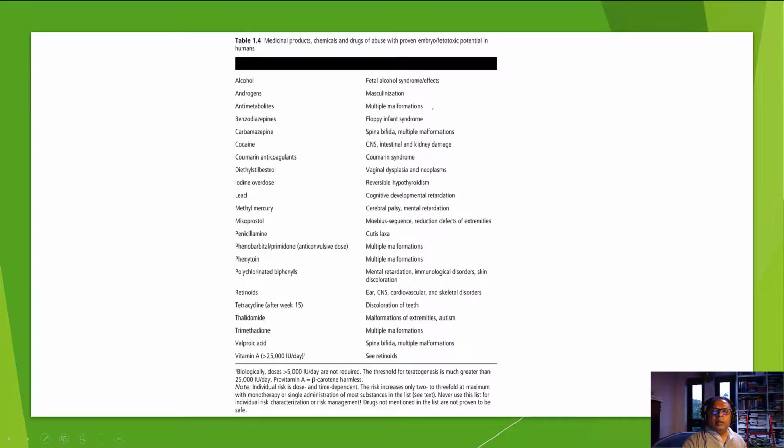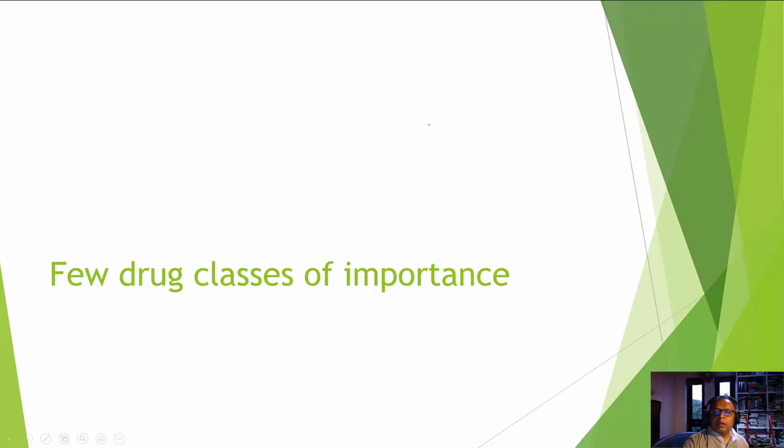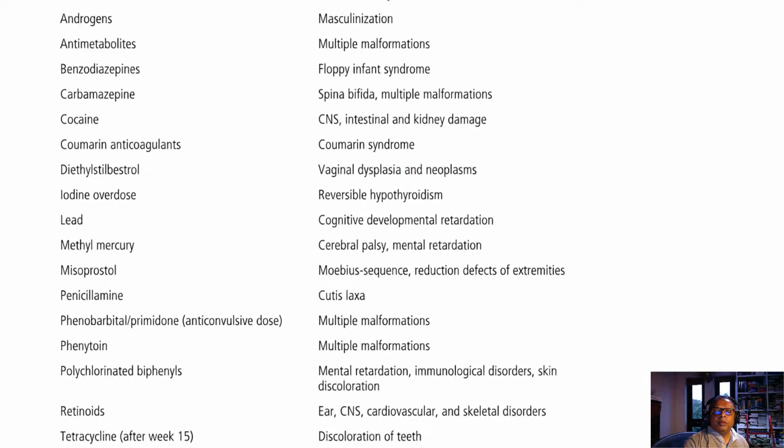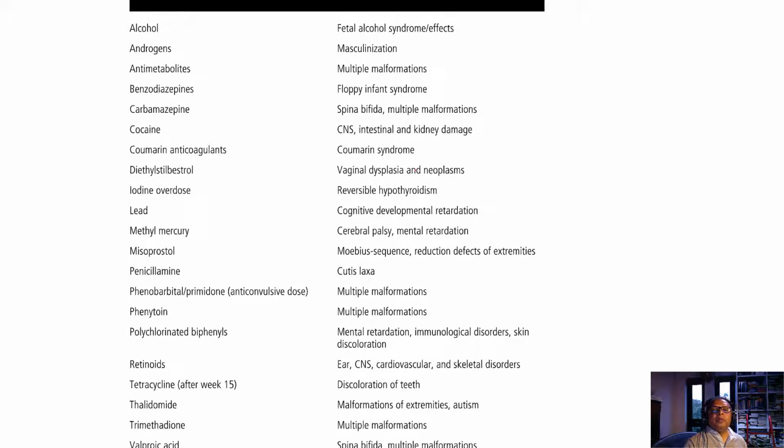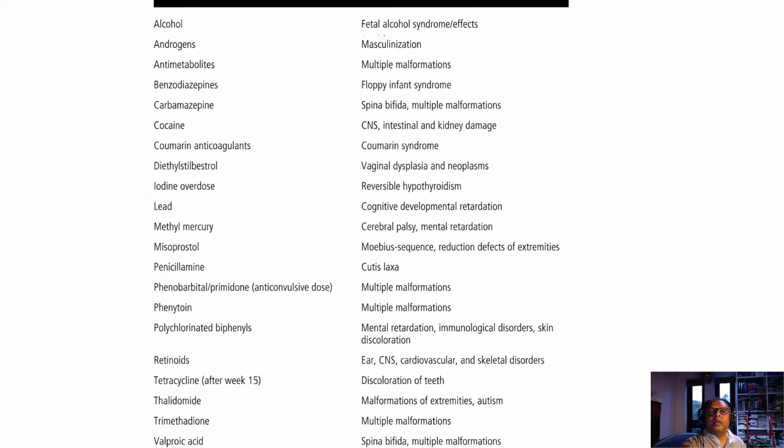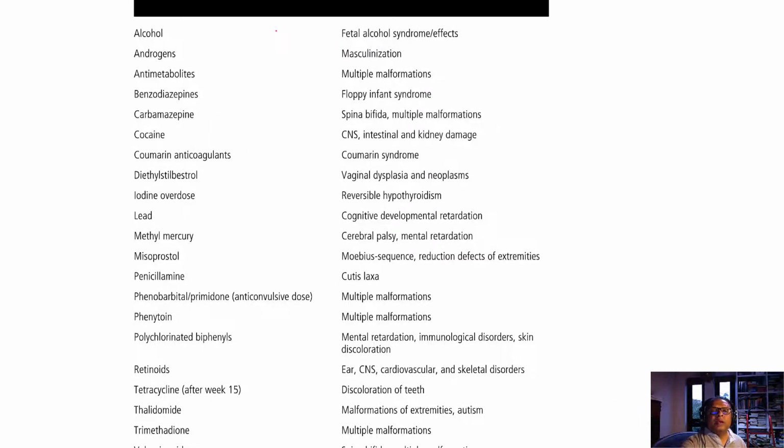Now we have drugs which, this is a list of common medicinal products which have proven embryological effects. Right? Alcohol causing fetal alcohol syndrome, androgens causing masculinization, benzodiazepine causing floppy infants, antimetabolite drugs like methotrexate causing multiple malformations, carbamazepine, which is a common anti-epileptic, causes spina bifida and multiple fetal cardiac and other malformations, cocaine, a drug of abuse causing CNS effects as well as other intestinal and kidney damages, warfarin and other coumarin anticoagulants causing coumarin syndrome, iodine overdose causing hypothyroidism, lead causing various congenital mental retardations, misoprostol causing a certain characteristic Mobius sequence